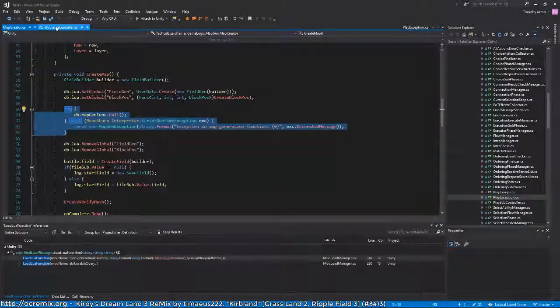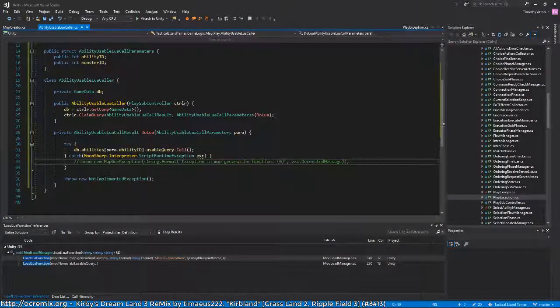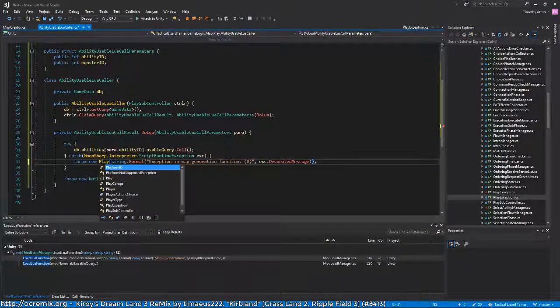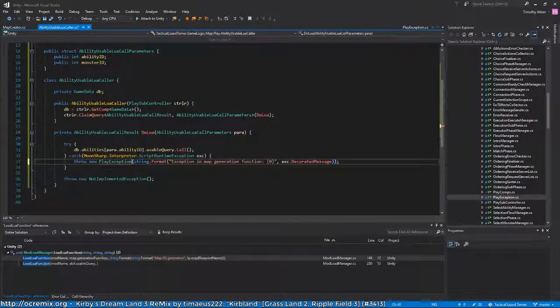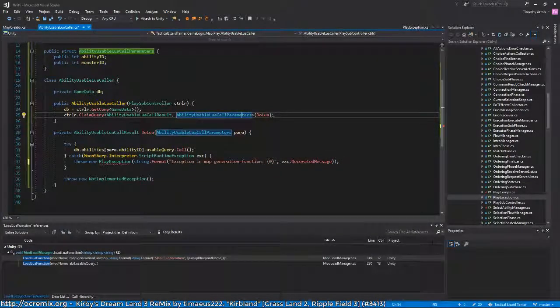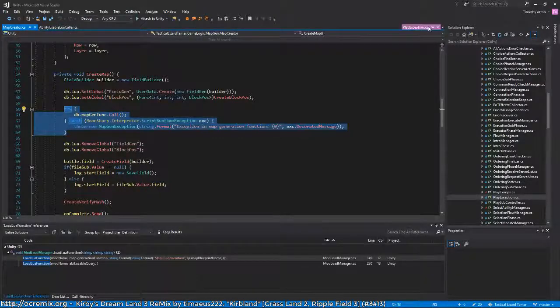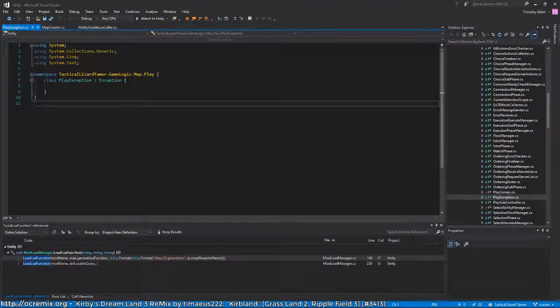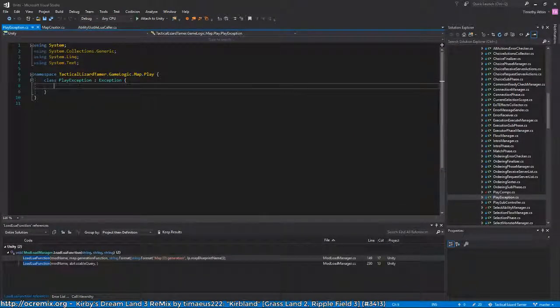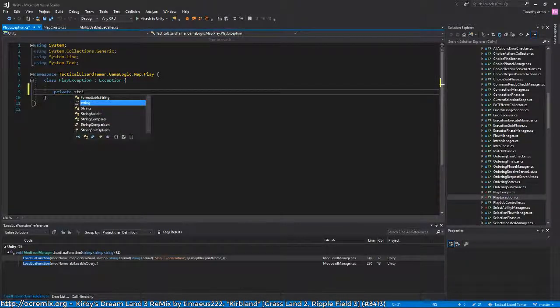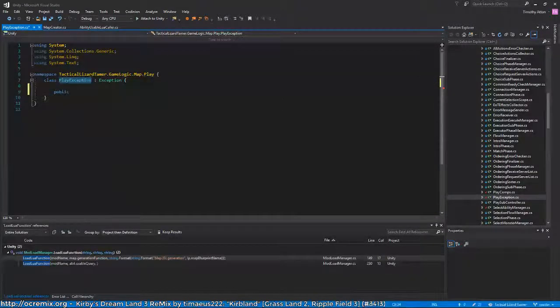So we can use that. Oh, it doesn't like this. Okay, so I guess for now we'll just send a string, but I really want to make these exceptions a little easier,